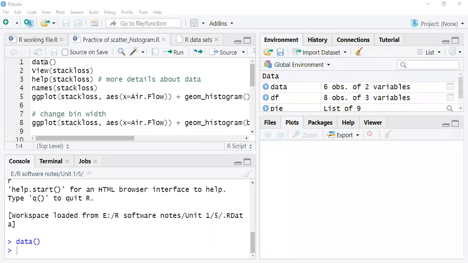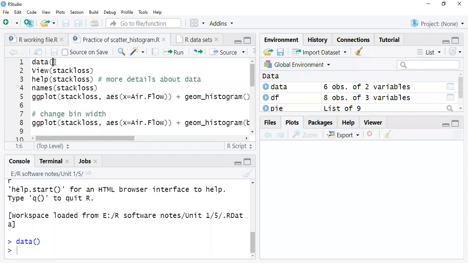Yes. Okay. So here, first I need to understand from where I should get the stack loss data. Okay, so what you have to do now, see, this is the code.